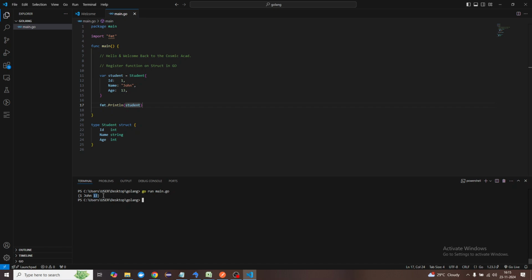That's the issue. So in this tutorial I'm going to show you how you can register a specific function or behavior on a struct, and then using that function you should be able to perform some action on the struct data. We know that this struct is an object, of course, and this object will have the related data. And by the concept of OOPs,